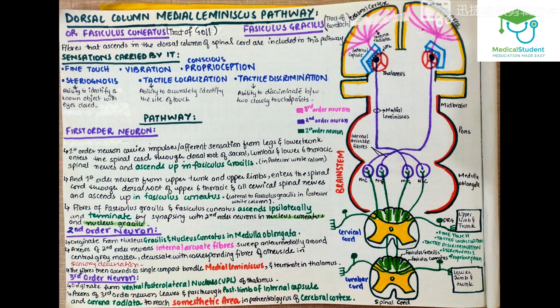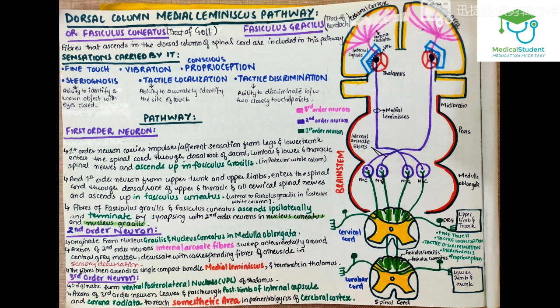Also, first order neurons from the upper trunk and the upper limb enter the spinal cord through the dorsal root of the upper 6 thoracic and all the cervical spinal nerves. They enter and ascend up in the fasciculus cuneatus. We can see that fasciculus gracilis is present a bit medially to the fasciculus cuneatus, that is present a bit laterally. Fibers of the fasciculus gracilis and the fasciculus cuneatus both ascend ipsilaterally and